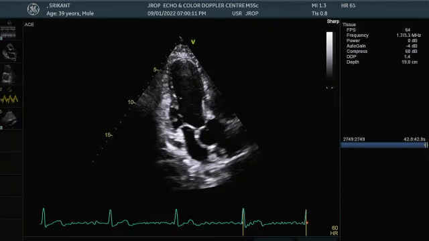Based on this, we call wall motion abnormalities: mid and basal septum, mid and basal inferior wall, RCA. Mid and basal posterior wall, mid and basal lateral wall, circumflex. Rest all is LAD.